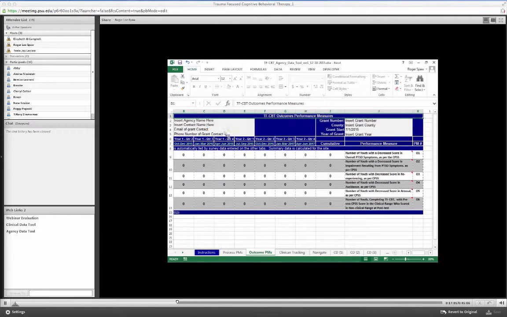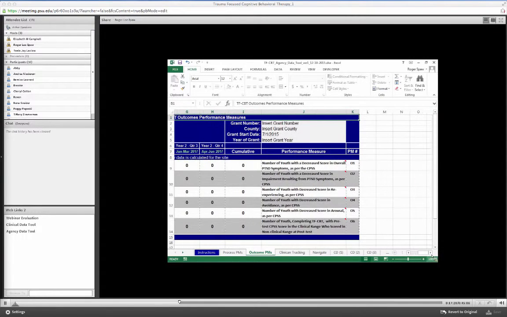So Leanne, this information at the top is carried from the Process tab, and again, all of this is auto-populated, but I'm thinking you'll probably want to take a moment here to go through some of the outcome measures. Yeah, thanks, Roger. So these outcomes measures are based primarily on the